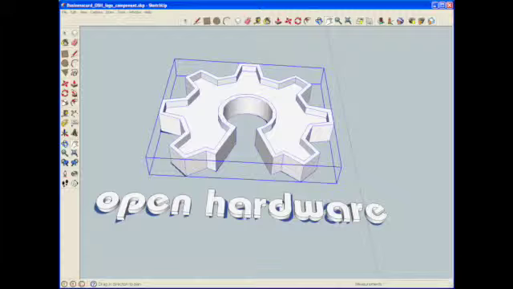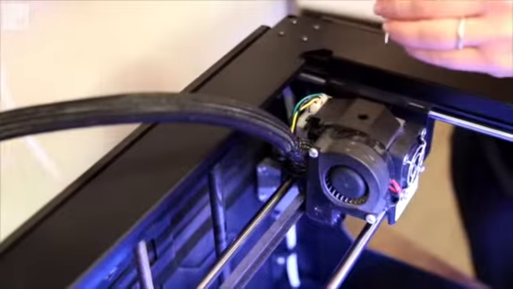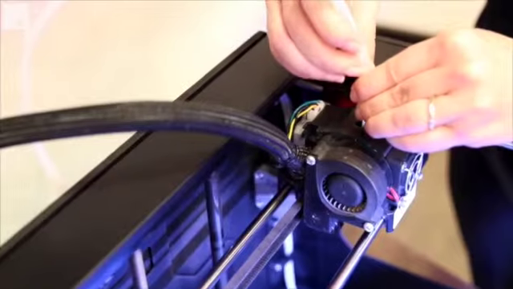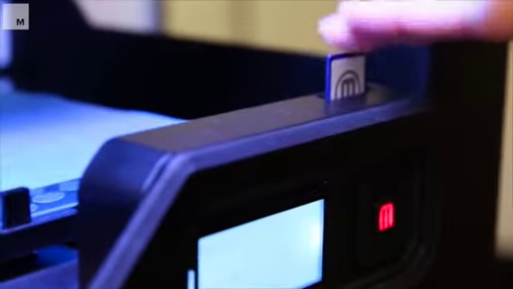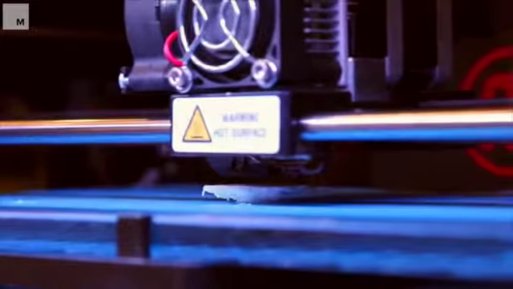Once you have your design, the next stage is to send it to the printer. Most printers use renewable bioplastic, which is spooled in the back of the device. When the printer receives the data, it pulls the material through a tube, melts it, and deposits it to the plate where it is instantly cooled. As you can see, the 3D object is created through bonding vertical layers of this material together to almost magically